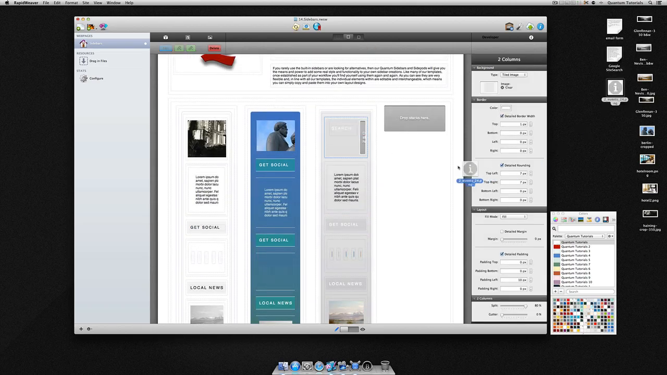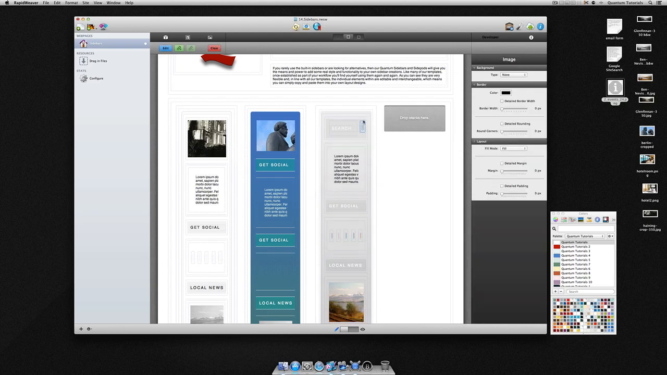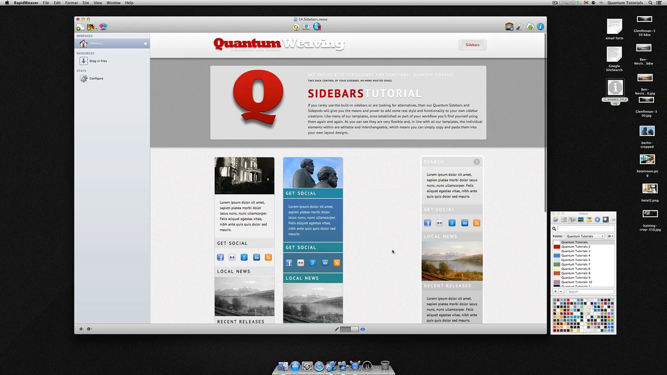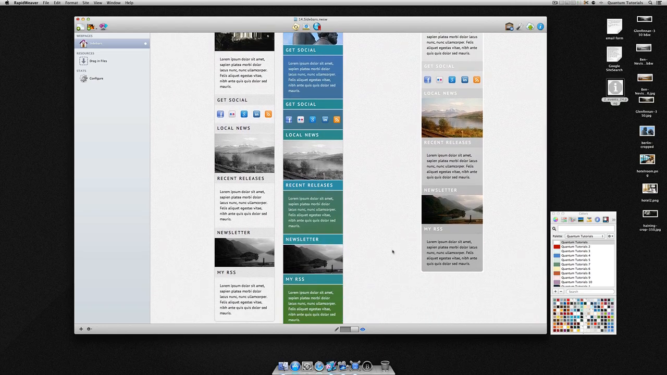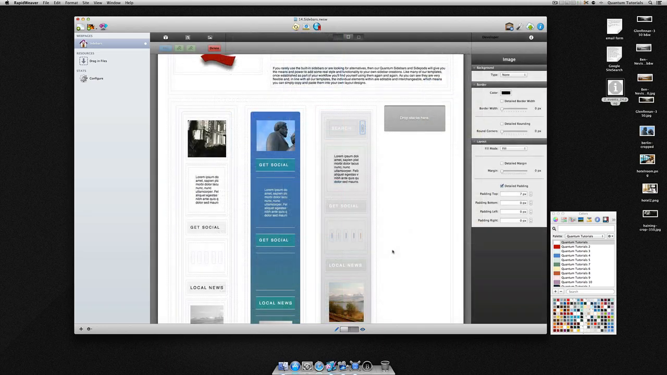We can add an icon into the drop zone here and give it some top padding, maybe about 7 pixels, and let's preview. Okay, finally let's copy this one across,